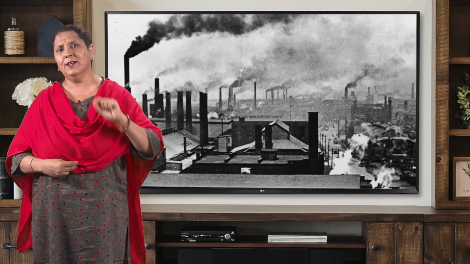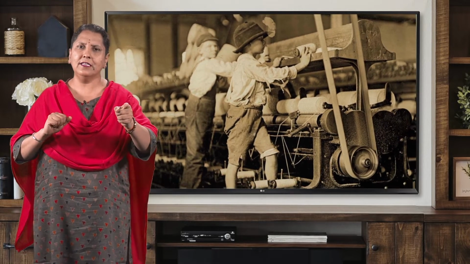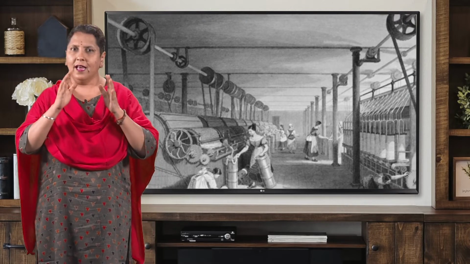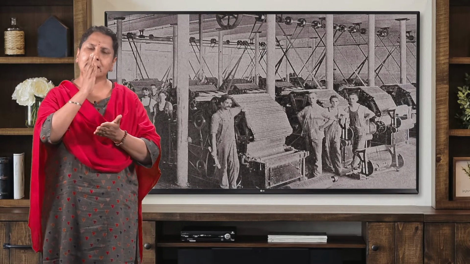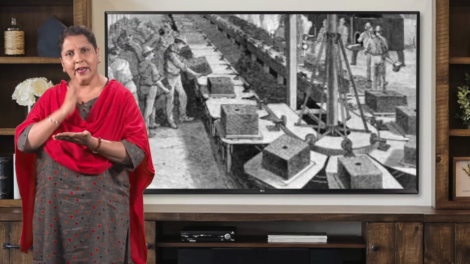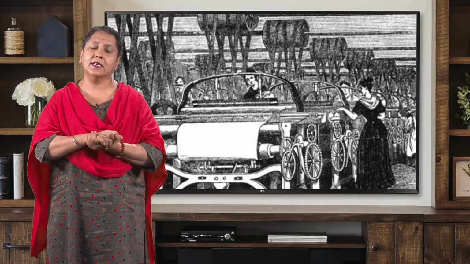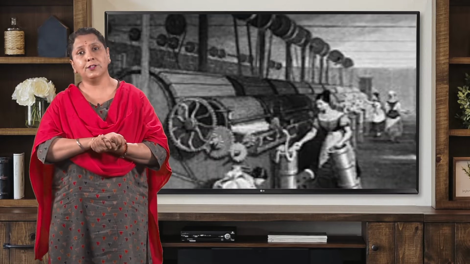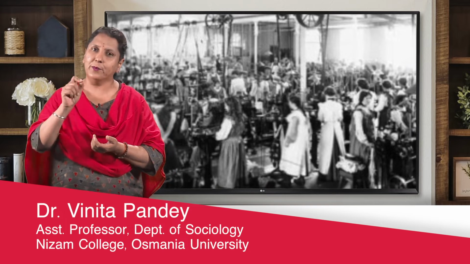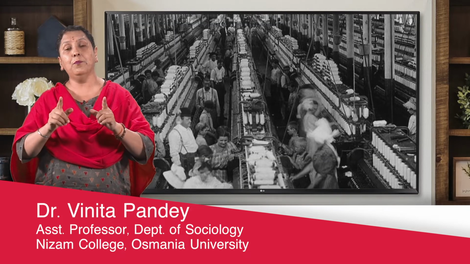Now you must be wondering that I was talking about industrialization, so how has urbanization come into the picture? Please remember, my dear friends, industrialization and urbanization are a kind of couple process. Why do I say it is a couple process? Because wherever industrialization takes place, by and large, urbanization also takes place